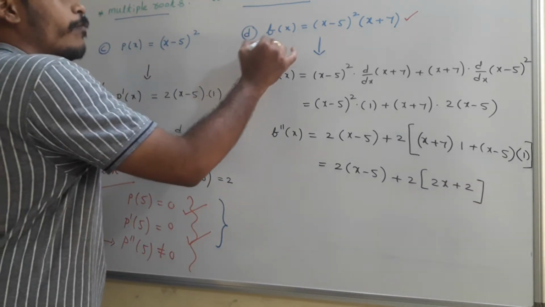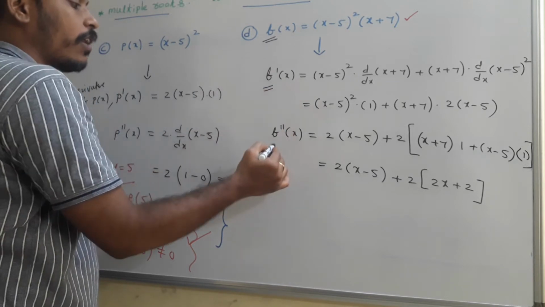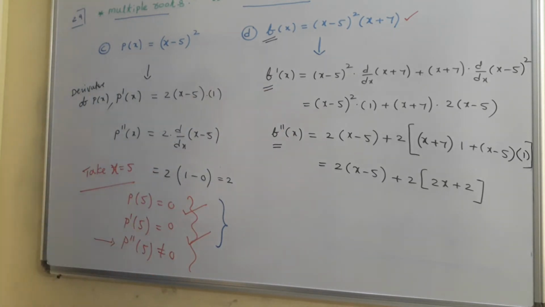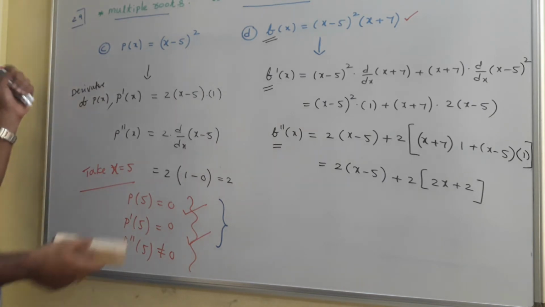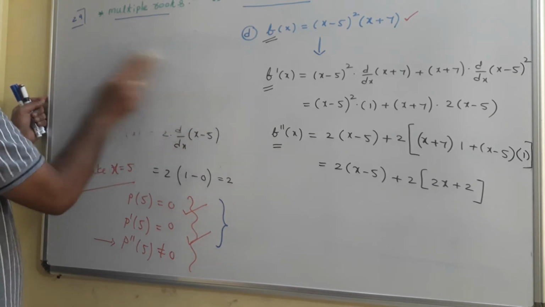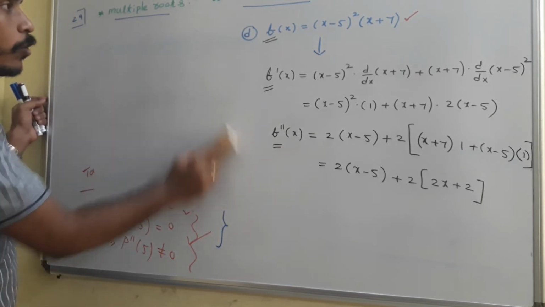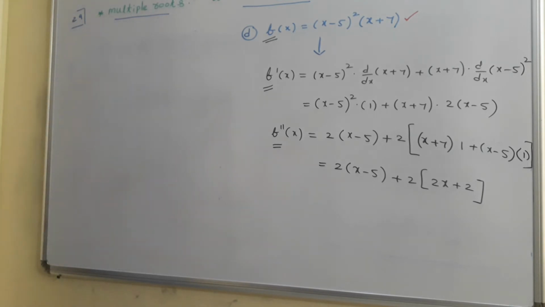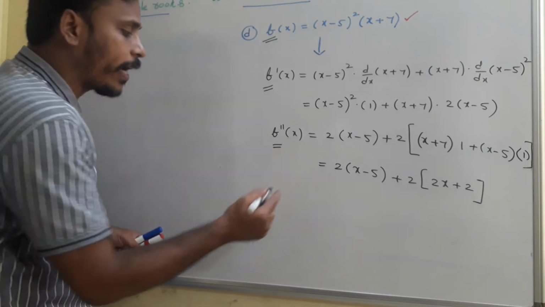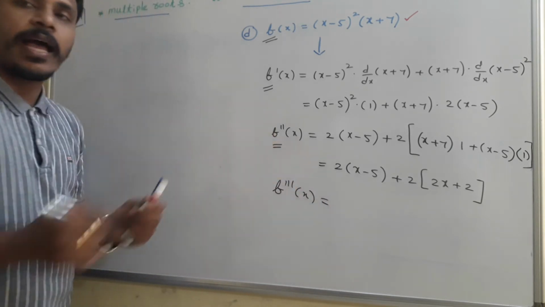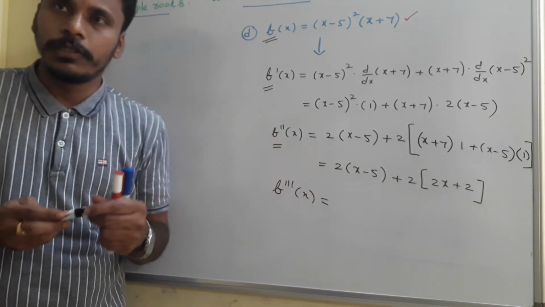So this is the given function, this is its first derivative, this is its second derivative. You may call it a polynomial function or polynomial equation. Now observe, I am erasing this. I have a polynomial named f of x as (x minus 5) whole square into (x plus 7). I have its two derivatives. In the same way, you can find the third derivative and so on, but two derivatives are enough for me.